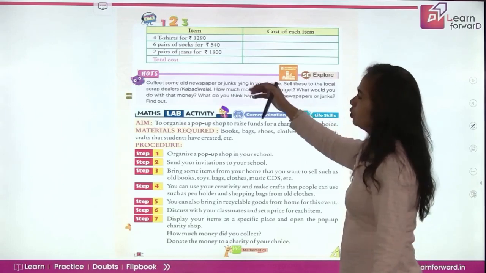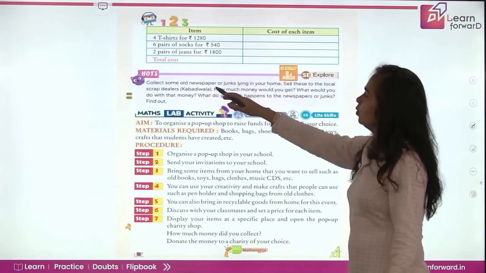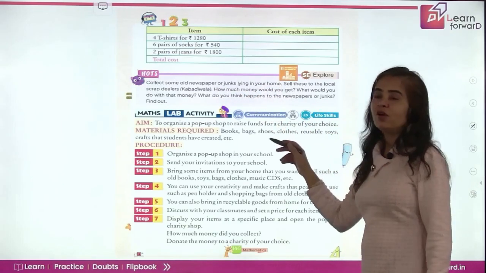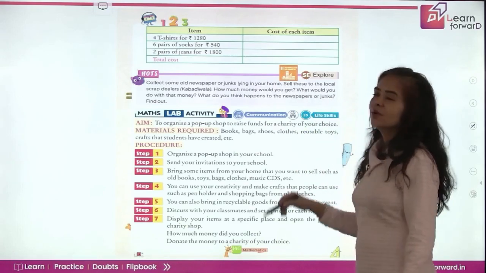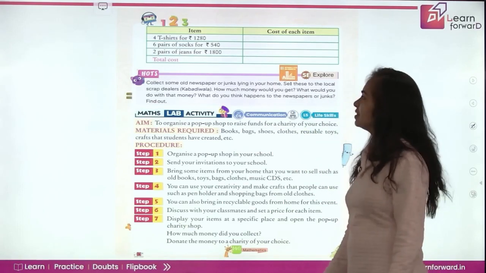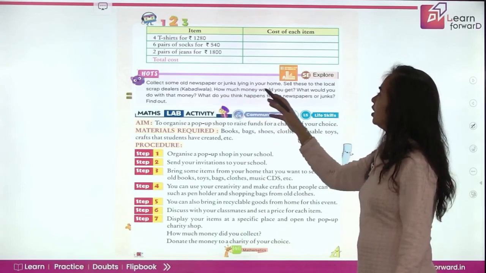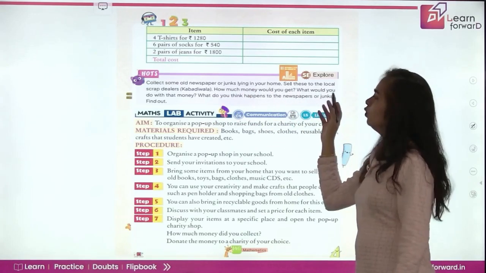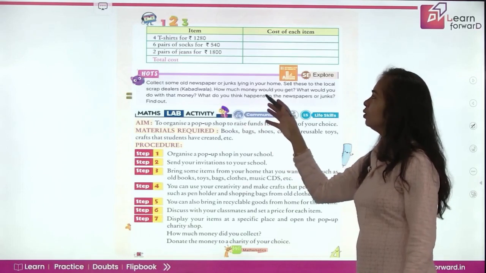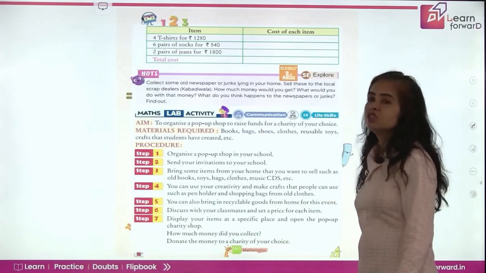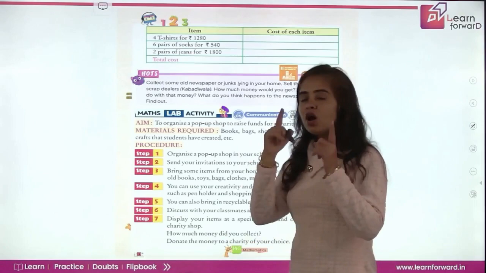Now, it's time to do HOTS for you. Collect some old newspaper or junk lying in your home. Sell these to the local scrap dealer, the junk dealer. He is also called the kabadi wala. How much money would you get? What would you do with that money? What do you think happens to the newspapers or junk? Find out. So it's your part to find out